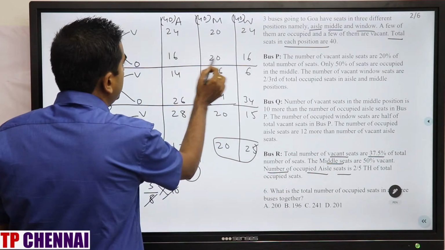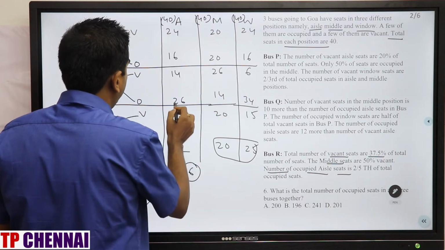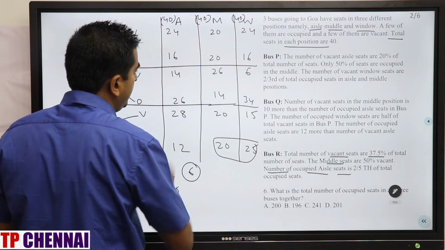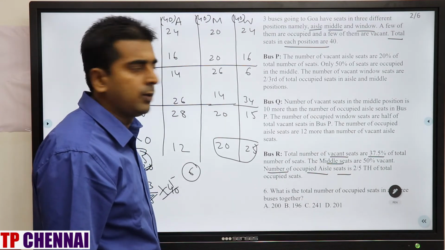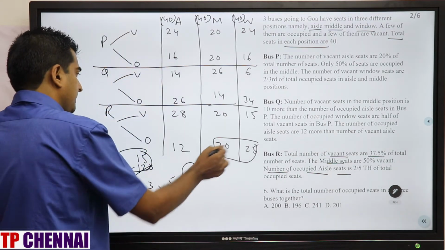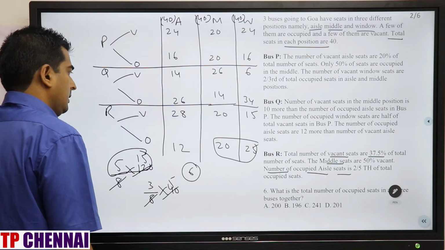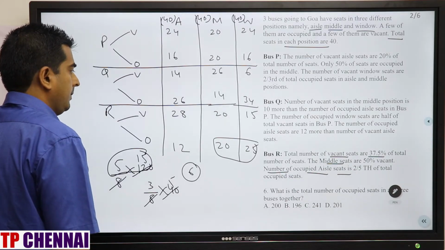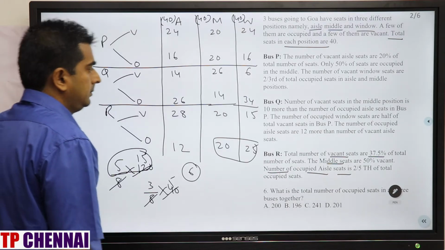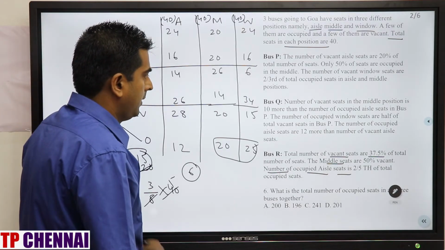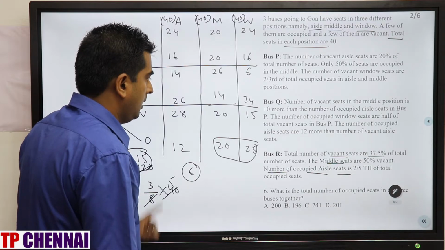Occupied seats, right? 36, this is 32, 52. 52 plus this number, 78. 78 plus 48 is how much? 126. 126 plus 45. Right? So total number of vacant seats are